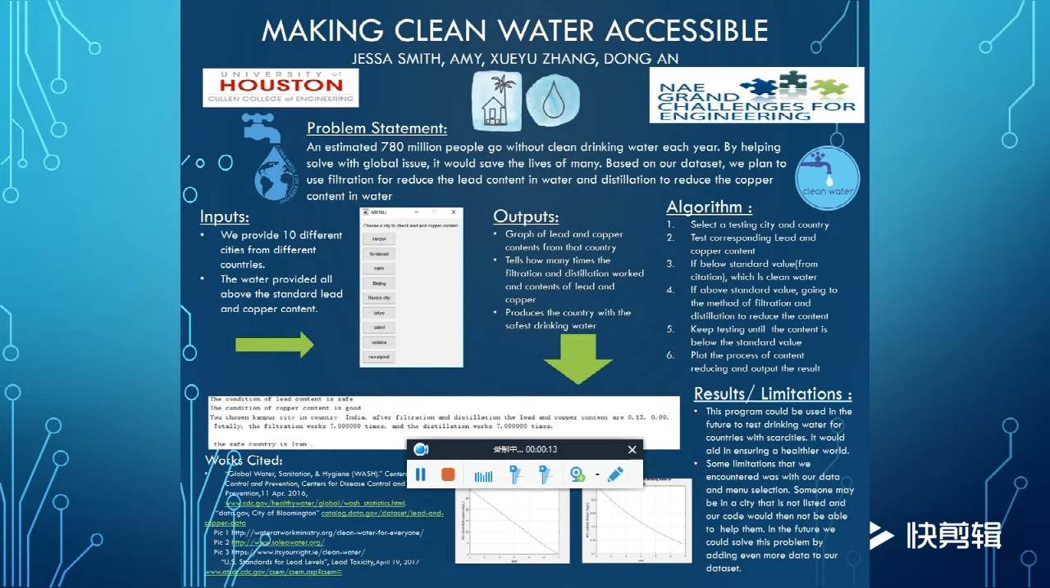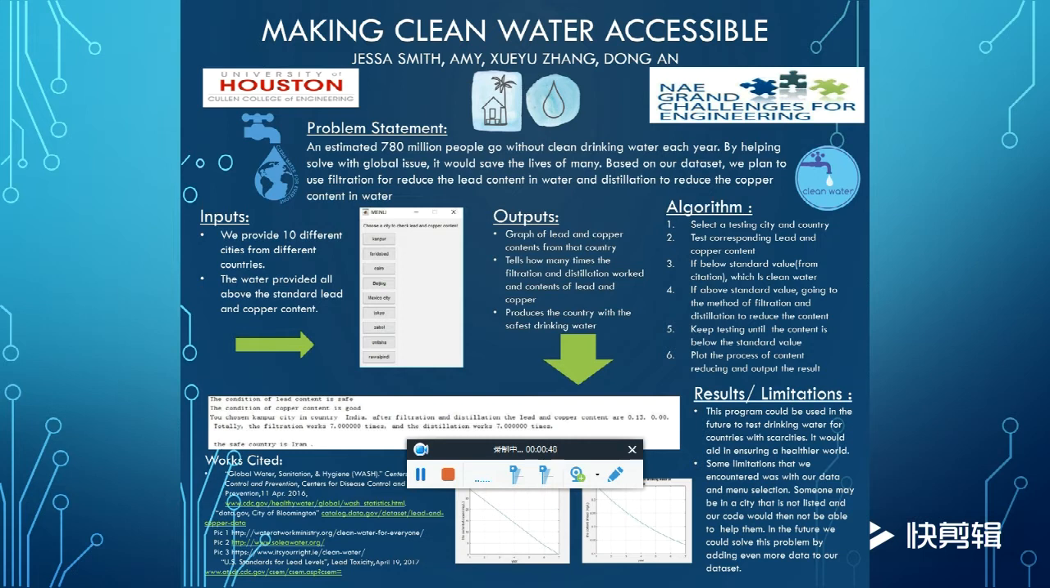An estimated 780 million people will go without clean drinking water each year. By solving this global issue, many lives would be saved, and we plan to accomplish this goal by using filtration and distillation to reduce the lead and the copper contents in the water. Filtration uses a filter to reduce the lead content in the water by almost 15% per minute. The distillation process will include heating the water at a high temperature, which will reduce the copper content at 5